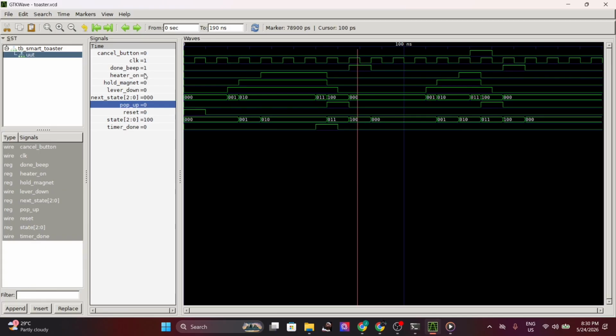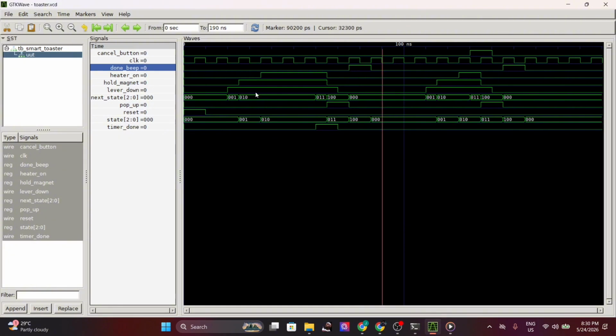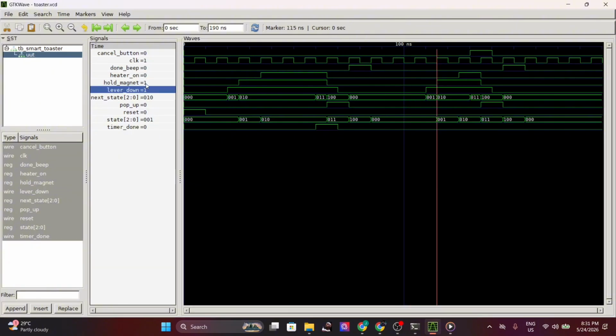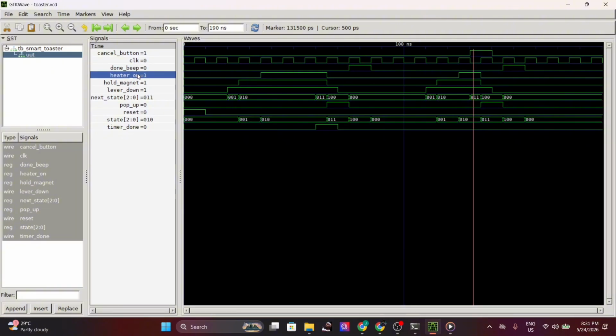So after that, the done beep, the cycle is done. Now it goes back to being idle, waiting for the next cycle. So for the next cycle, we're going to try using the cancel button. So idle, then first lever down, so the hold magnet,